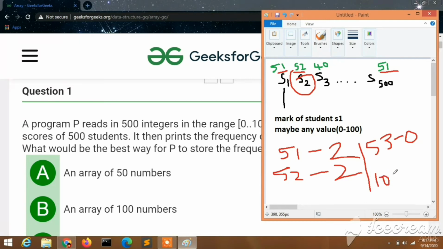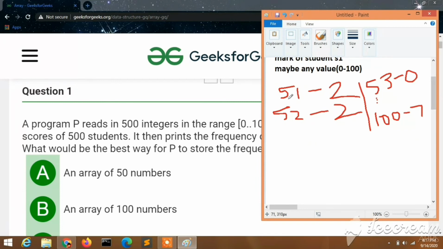Let me just assume there are 7 students who has got centum. So we have calculated all the scores frequency. So how many values have we calculated here? 51, 52, 53 up to 100. So we have calculated the frequency of 50 numbers, right?